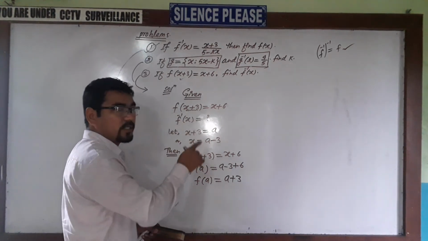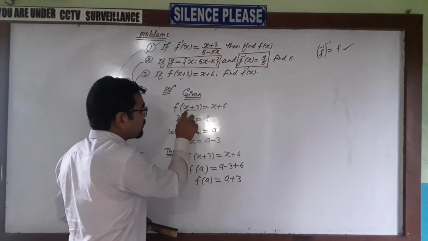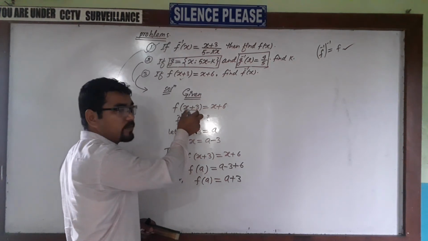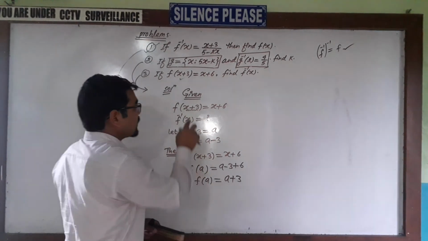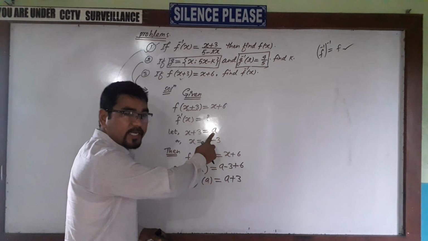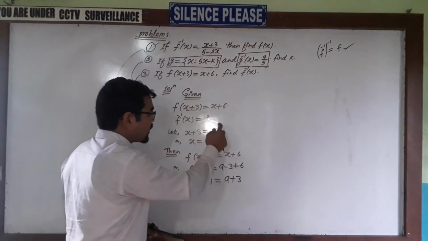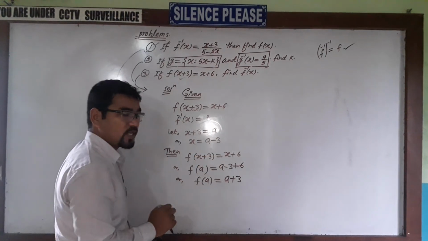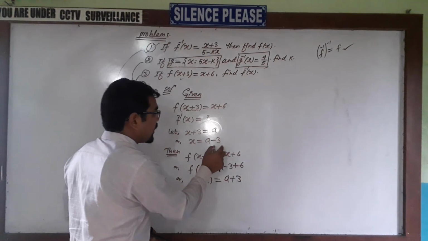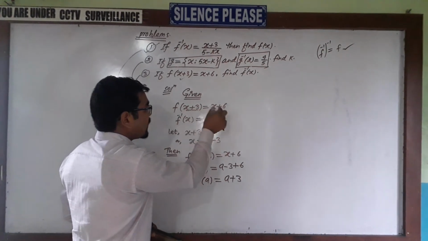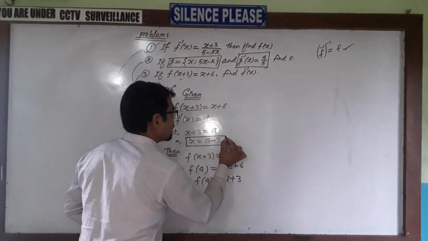First of all, this is the first method. The equation x plus 3 is in this form. If x plus 3 is in this form, it can be considered as a single variable, that is, x plus 3 is equal to a. Then from here find the value of x. X equals a minus 3, as plus 3 goes to the other side as minus 3. So now in this function, put x equal to a minus 3. Wherever x is there, in place of x you put a minus 3. Don't forget, put this value.